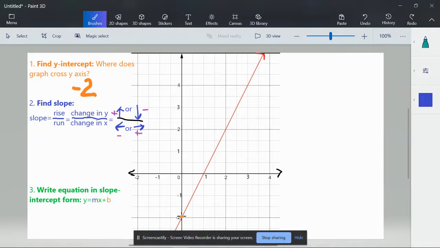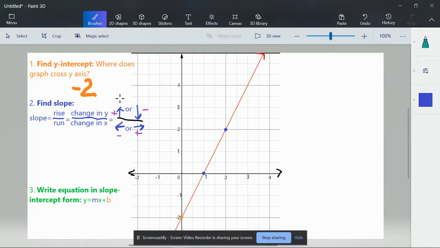Then I'll look along my line trying to find another point that has a whole number x value and y value. In this case, this point here will work because its x value is 1 and its y value is 0. We could also use this one whose x value is 2 and whose y value is 2. You could pick any 2 points you want, just pick points that have whole number x and y values. Then we need to think, if I was going to travel, and we'll just pick these 2 points, from the left point to the right point,